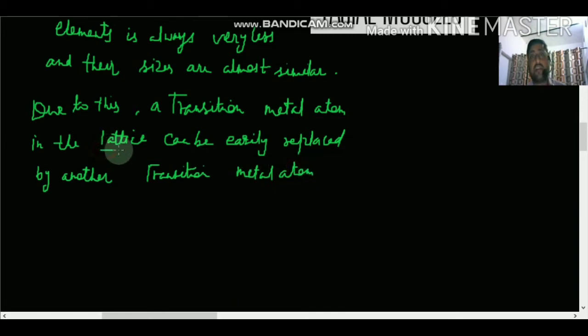Lattice means a three-dimensional network of ions, cations, or the 3D structure where different constituent particles are fixed. So, due to this, a transition metal atom in the lattice can be easily replaced by another transition metal atom,